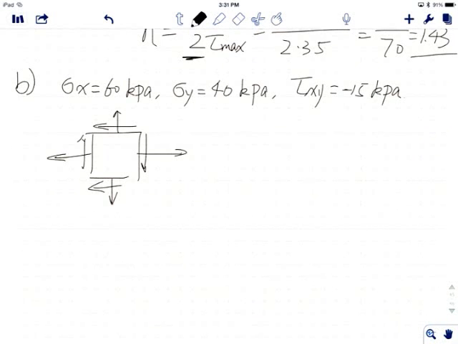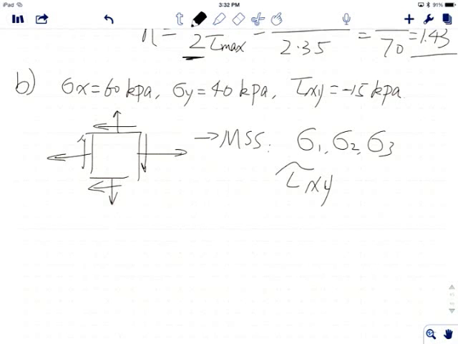Why? Remember maximum shear stress? What we compared is sigma 1, 2, and 3. We didn't really consider this, right? So when you have a shear stress in your loading conditions, then the maximum shear stress, you cannot directly use it, because maximum shear stress is based on pure normal stress, okay? And I'm sure you learned this before in mechanics of materials. You can do coordinate transformation to get something called principal stress.